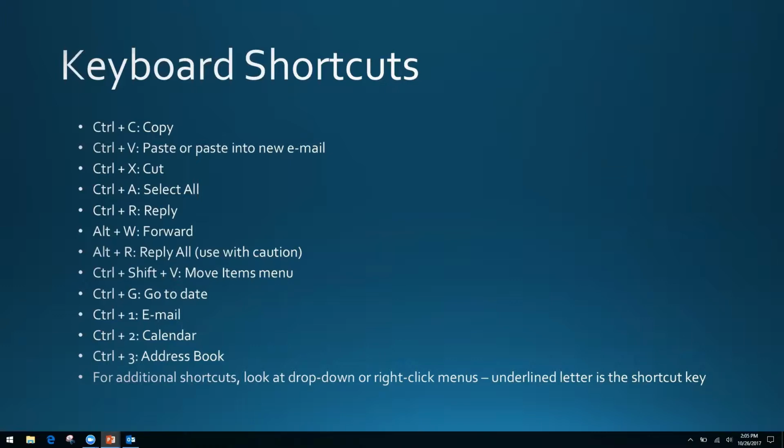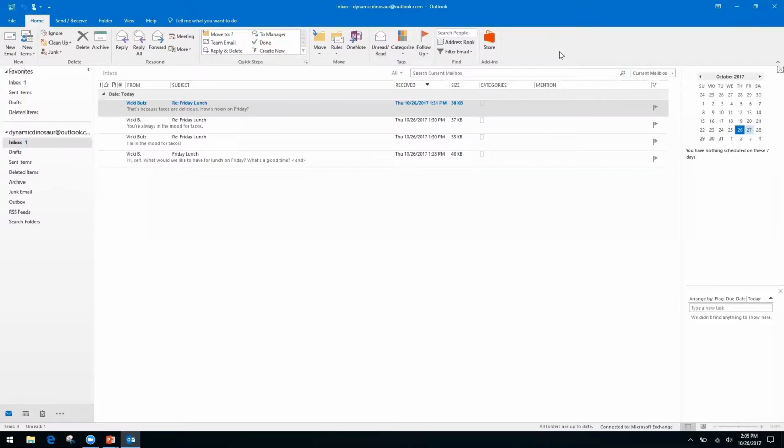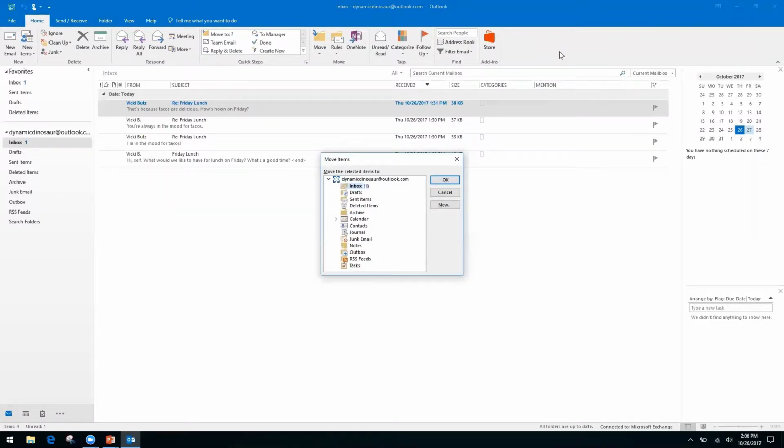Control-Shift-V is the Move Items menu. That one I will show you. So Control-Shift-V is going to allow you to move emails automatically to your folders. So right now, this is a brand new demo account. There's not a lot in here. I don't have any folders set up. We are going to go into how to set the folders up, but I wanted to show you a brand